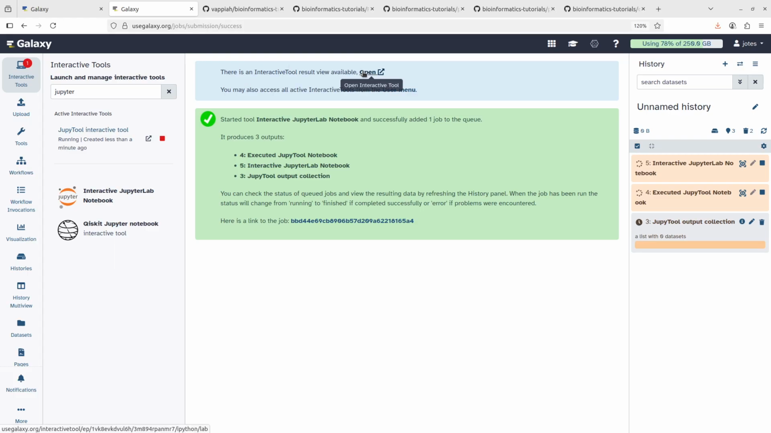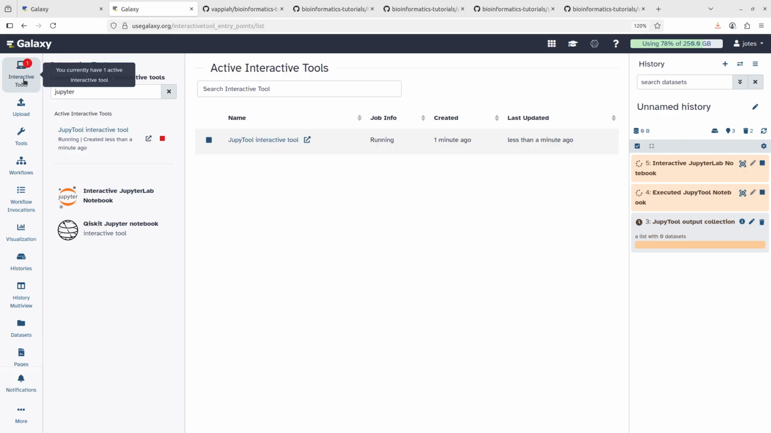So this open is what we use to open the interactive tool. You can click to open like this. In case you can't see this tool, you can just come to interactive tools, this side here, left. Click it, and when you click the interactive tool, it will show you a list of all interactive tools running. Since we only run the Jupyter Lab, that is what will come, and then we can click here to open a